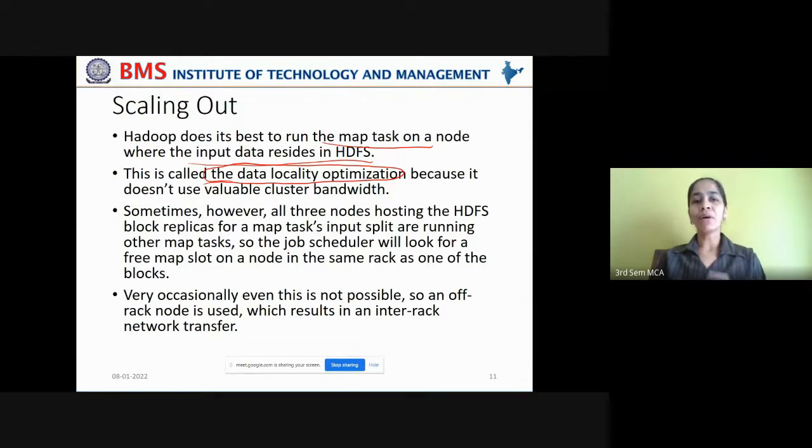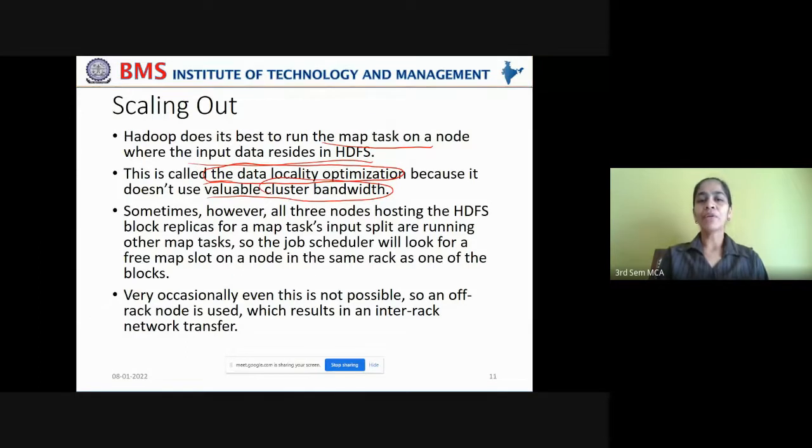Due to this data locality optimization, the MapReduce framework is able to achieve better bandwidth speeds, meaning you need not transfer the data to and fro by encountering network congestion or network bottlenecks. You are just passing the computation, and Hadoop takes care of co-locating the computation onto the data nodes where the actual data is residing. This concept is called data locality optimization because it doesn't use valuable cluster bandwidth.